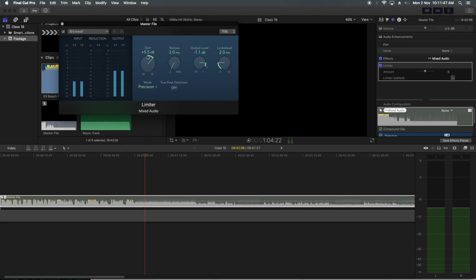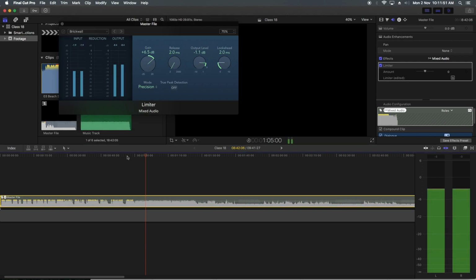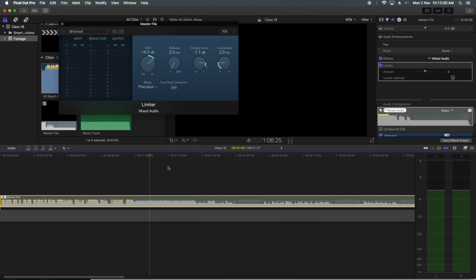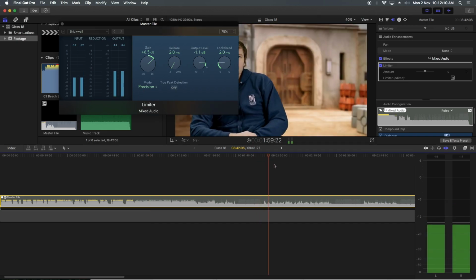I want to increase this particular part. Yes, I can, just by gain and output, these two. So do some practice, because this needs some practice to learn how to adjust and use these two, the gain and output level.